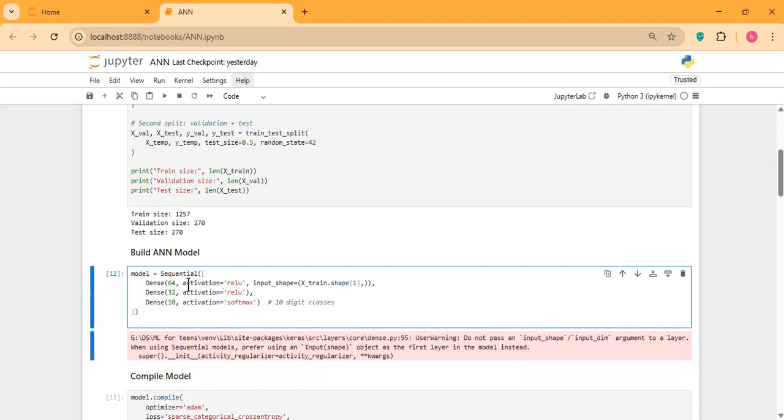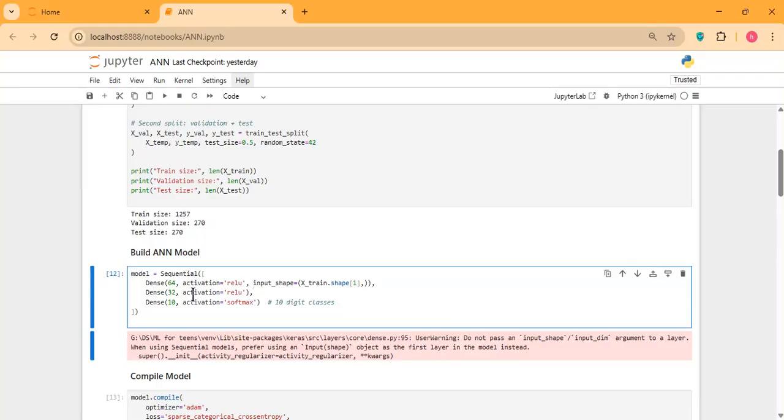So here we have three layers. This one is the shape of our input. In this one the output is 64 neurons, and the activation is ReLU as I told you, because this is a connected layer.